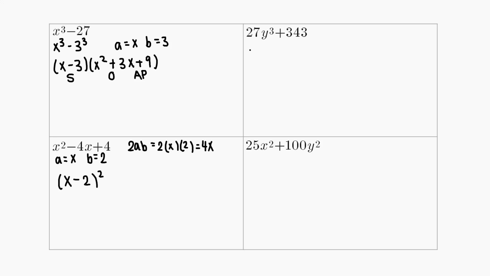For the top right, we have 27y cubed plus 343. Because I see a cubed here, I'm trying to see if this could be the sum of cubes. In this case, 27 is 3 cubed, and 343 is 7 cubed. So let's rewrite this as the sum of cubes. So this becomes 3y cubed plus 7 cubed. So we know that a equals 3y and b equals 7. So this is factored. 3y plus 7,